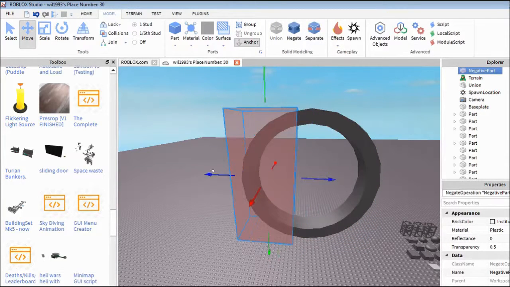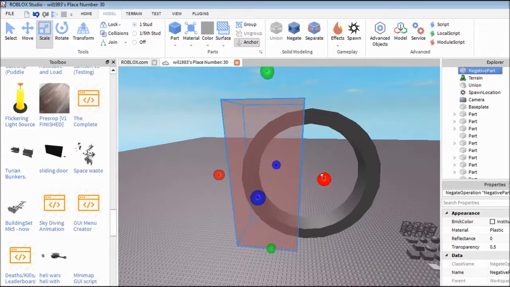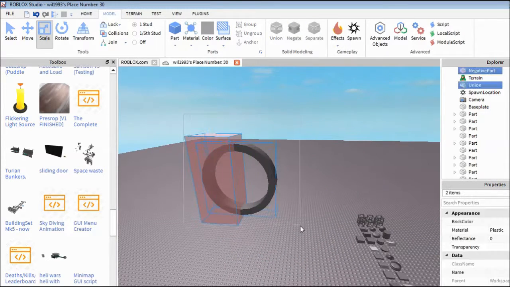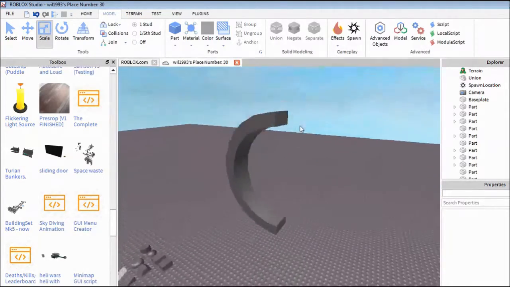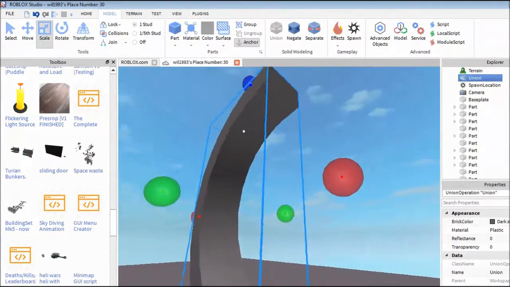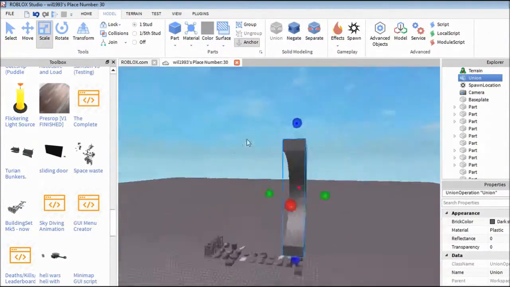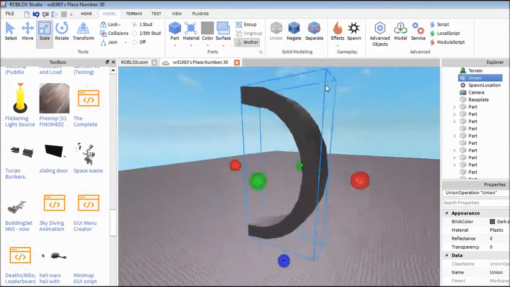And trying not to mess up. There we go. So as you can see, you can make really cool shapes with the negate and then unioning